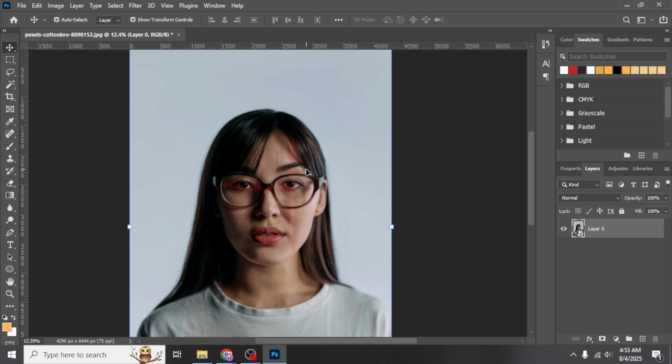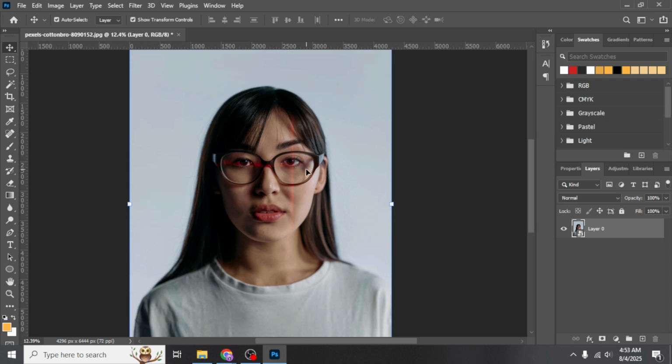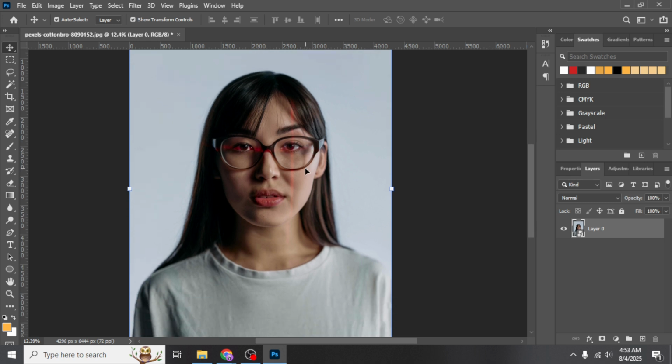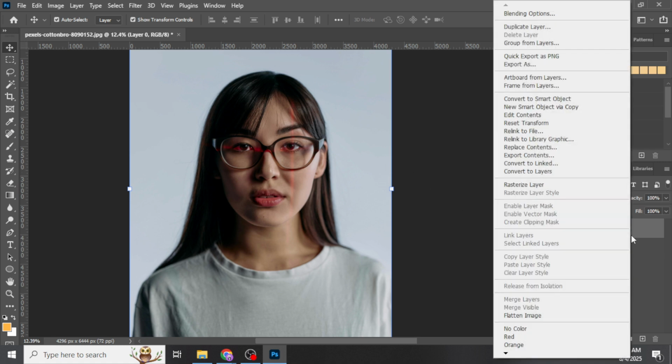First off, make sure you have Adobe Photoshop open and ready to go. This software is fantastic for creative projects and offers a wide range of tools for all kinds of artistic endeavors. So, once you have it up and running, the first thing you'll want to do is add your chosen image to Photoshop. Pick a photo that you'd like to transform with that fun cartoon feel and get it loaded up